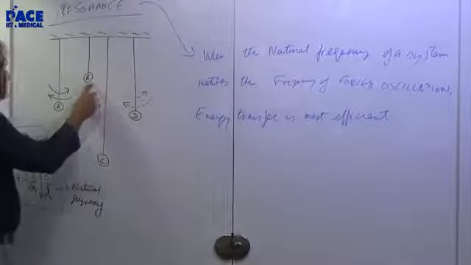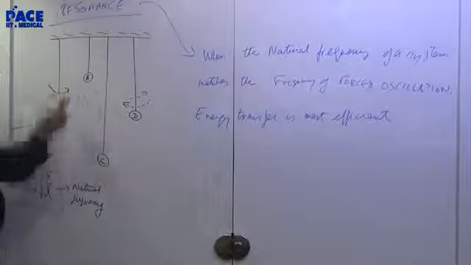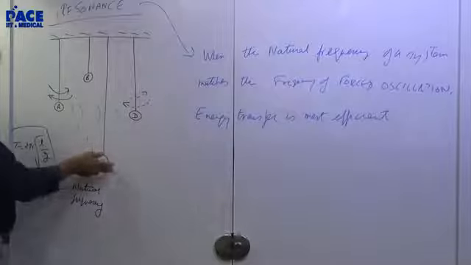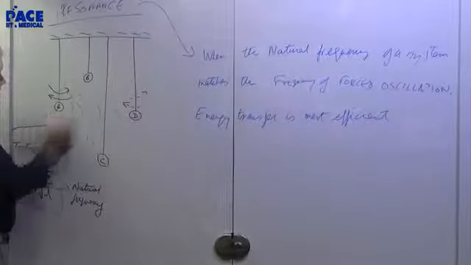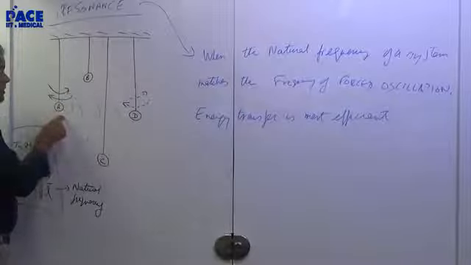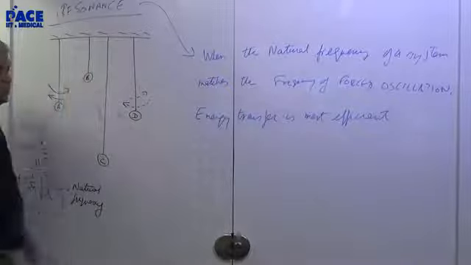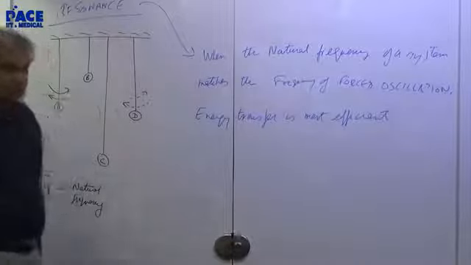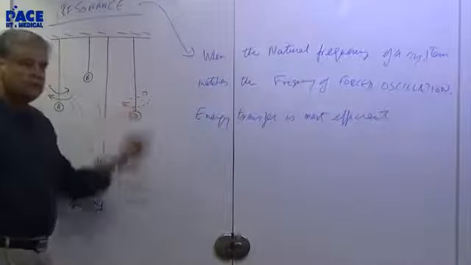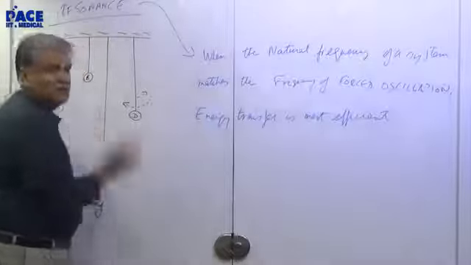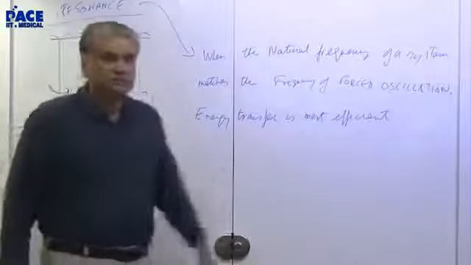Now here the natural frequency of B will be something else because the length is something else. Natural frequency of C is something else because the length is something else. Frequency of this is smaller than this, frequency of this is larger than this, inversely proportional to root l. So this frequency will not match that, so B and C discard it. Although waves may be coming, it's ignored. But here the waves are coming with a very slight amplitude, even then it picks it up because that matches the natural frequency. Right?